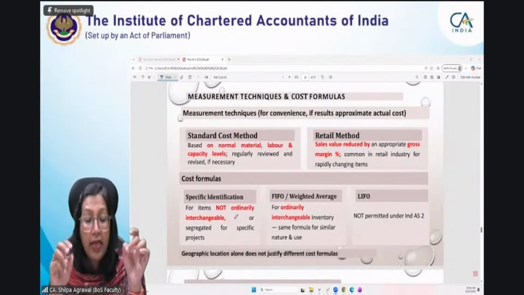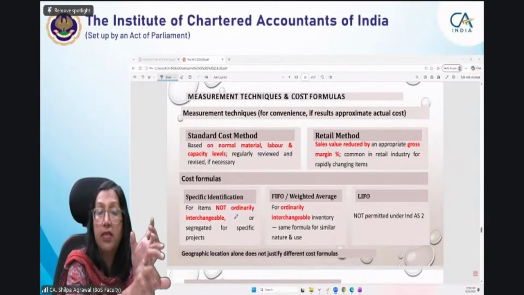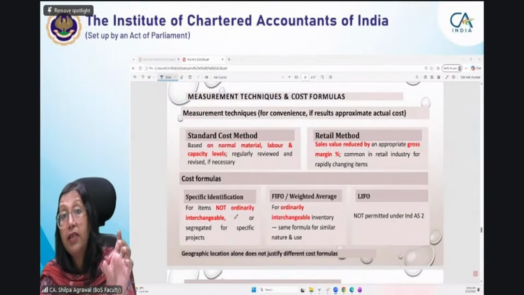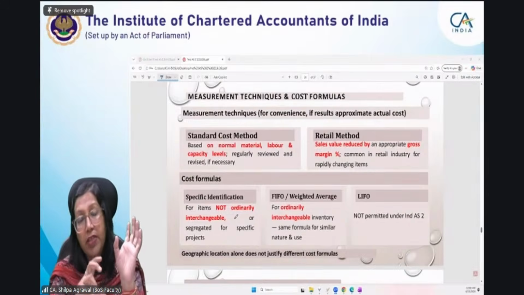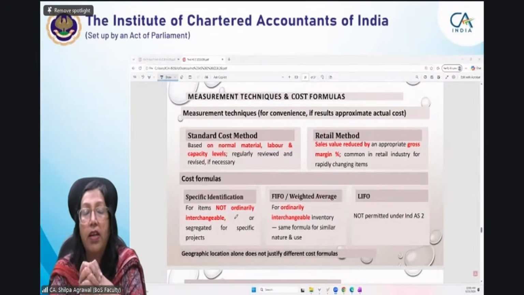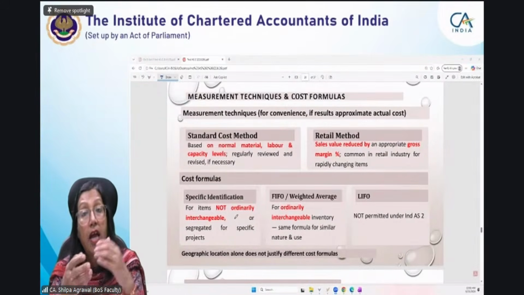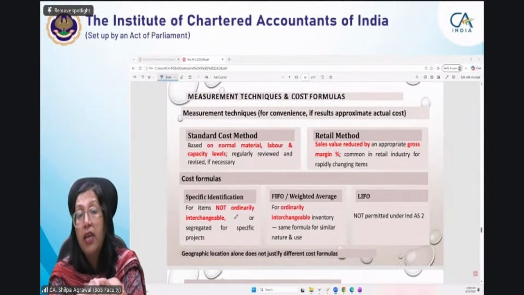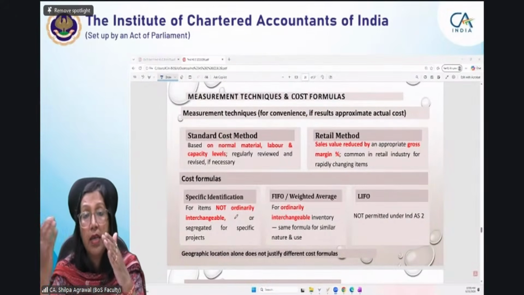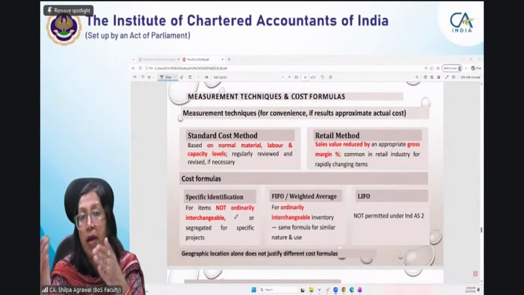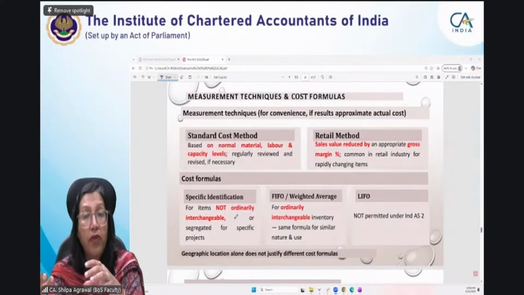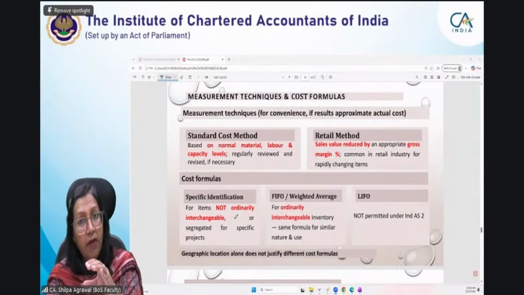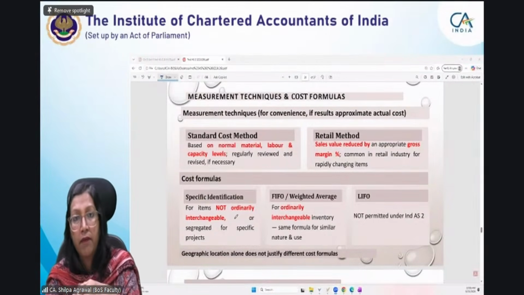So in that case आप specifically identify कर सकते हैं इसकी कॉस्ट क्या होगी, item by item आप कॉस्टिंग कर रहे हो. Specific identification है. हर एक की मैन्युफैक्चरिंग कॉस्ट अलग होगी, आपने उस हिसाब से इन्वेंट्री की वैल्यू निकाल ली. But जहां पे ordinarily interchangeable नहीं है, for example जैसे मैंने आपको बेडशीट दी, वो बार-बार आई और गई, same type की आपने बार-बार मंगाई. ठीक है. और या फिर जहां इतनी फास्ट मूविंग आइटम भी नहीं है, but आपका number of item purchase जो है वो recur कर रहा है.